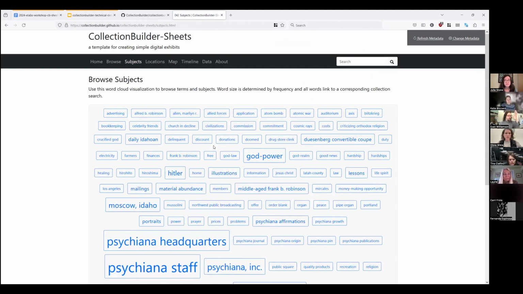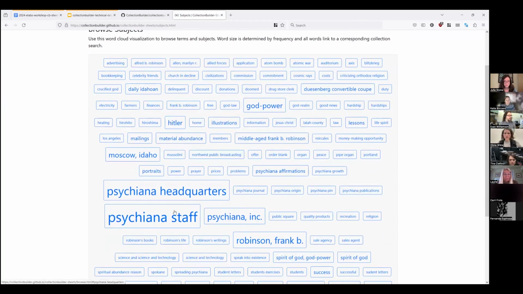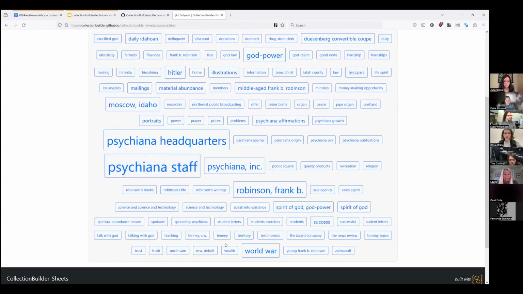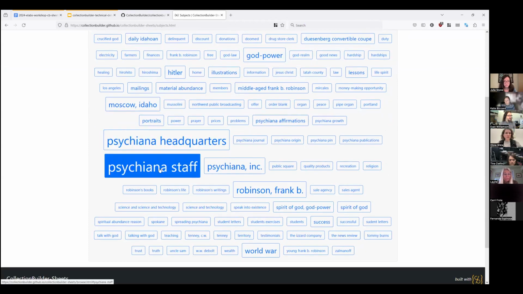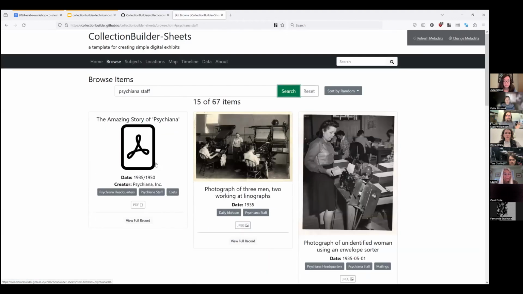Like this is looking down a single field inside of your metadata and counting up all the unique values and then representing them in this word cloud based on the count. So how many there is. So the biggest subject in here is this Psychiana staff. And if I click on that subject, I can go look at the related items that have that subject in